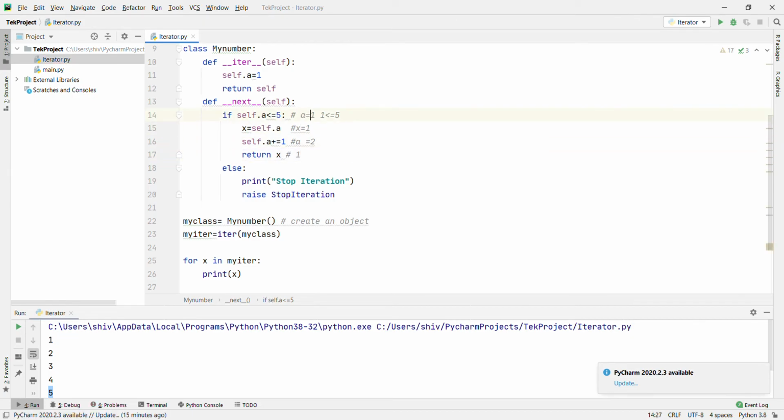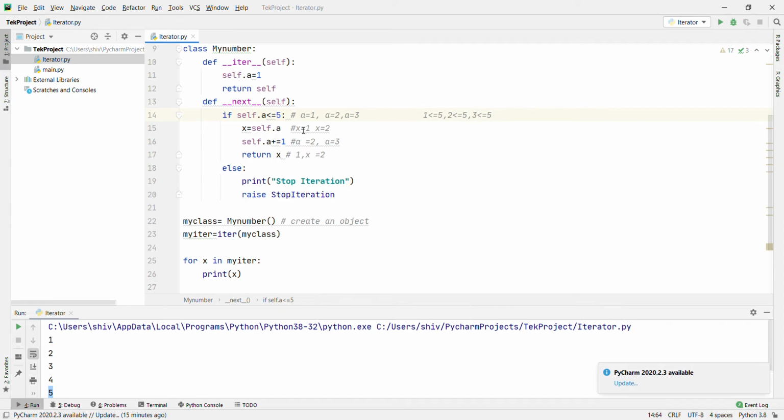In a similar fashion, now what's the value of a? 2 here. 2 is less than or equal to 5, true. Then x is set to 2 here, and a is incremented, a equal to 3. Now it will return x equal to 2, right? Now as the value is 3, 3 is less than or equal to 5, true.